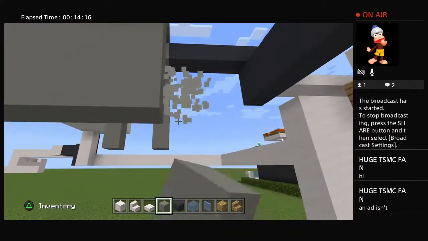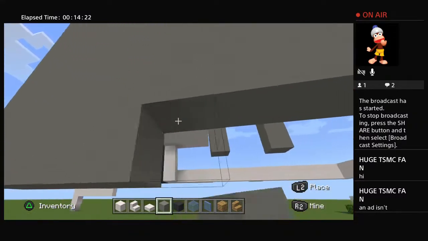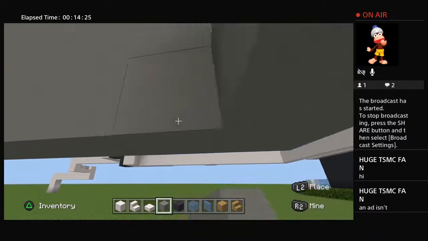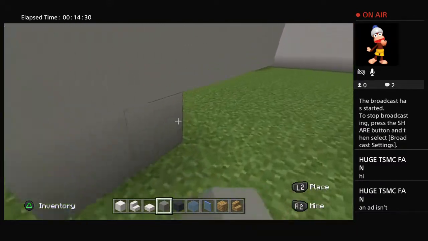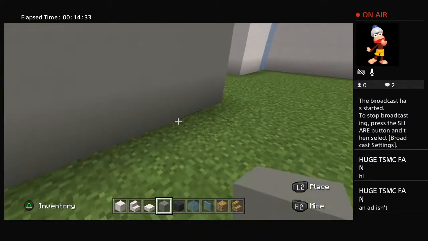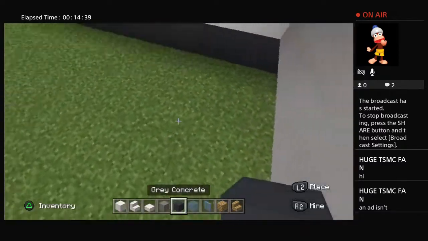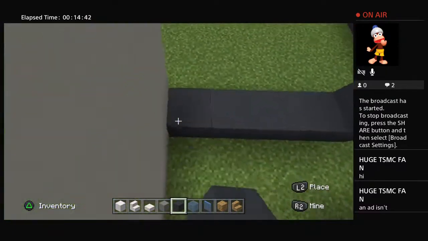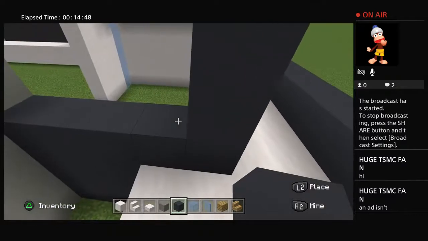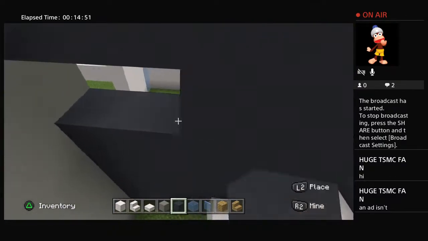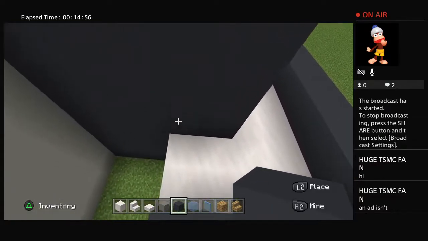And once we've done that, we can extend the grey concrete area down as well that connects to it. It just makes it a little bit easier, because in doing this we can now extend the little walkway that we've made. We can extend it and join it to the grey concrete, and then we can add another row of grey concrete like this,